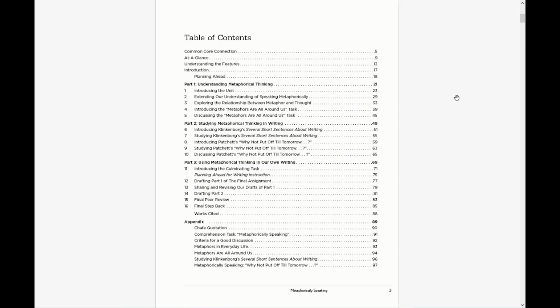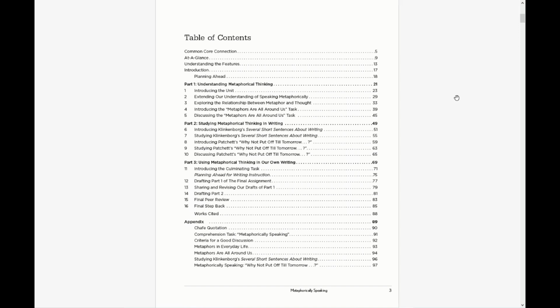To get a quick overview of the unit, we can look at the table of contents and see that it's divided into 3 parts. The first part introduces students to the ideas of metaphorical thinking. They get to view 2 different people presenting on this topic as a way to introduce it and to get thinking about how metaphors show up around us and in our language. And they practice some of the thinking with that. They search for metaphors around them and examine the effects they have.